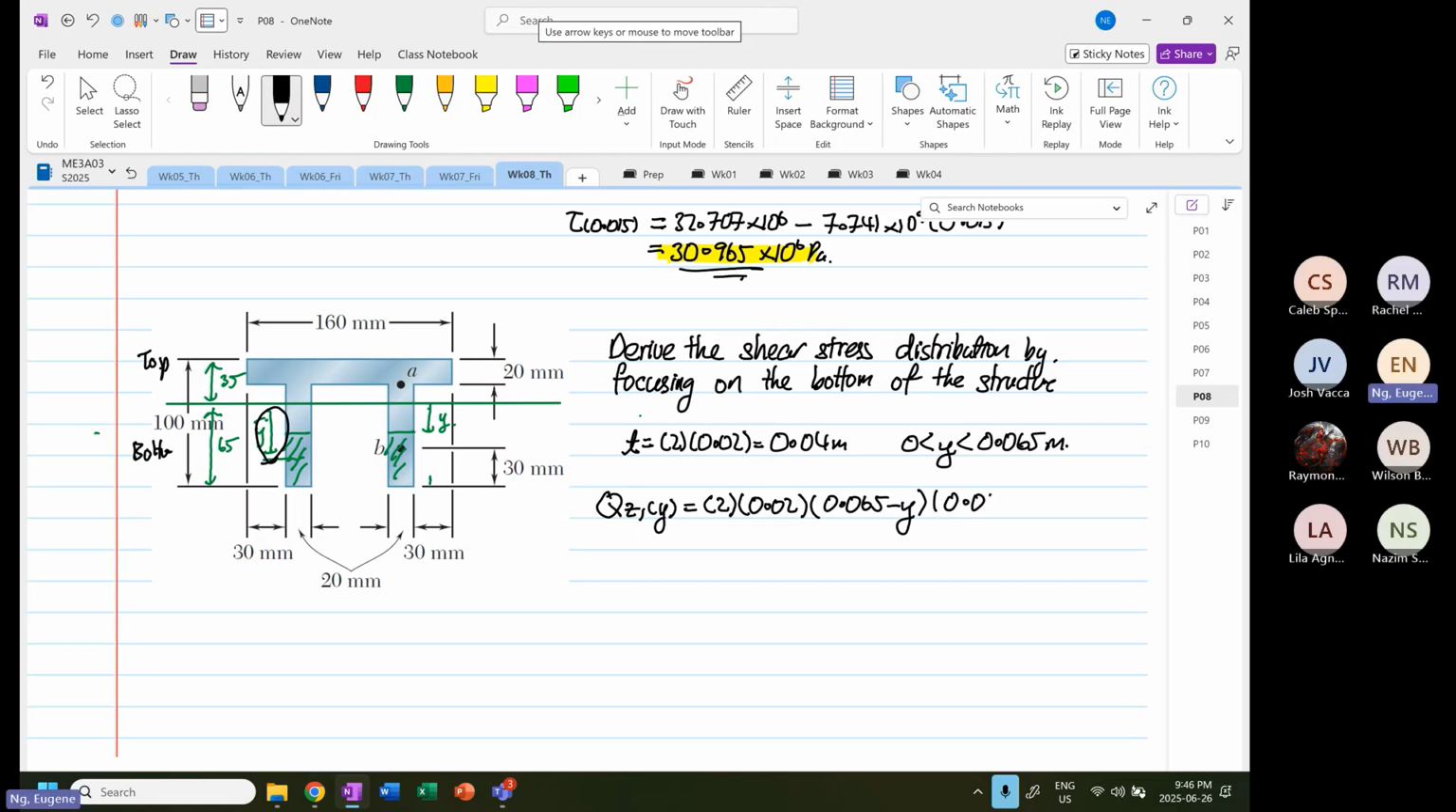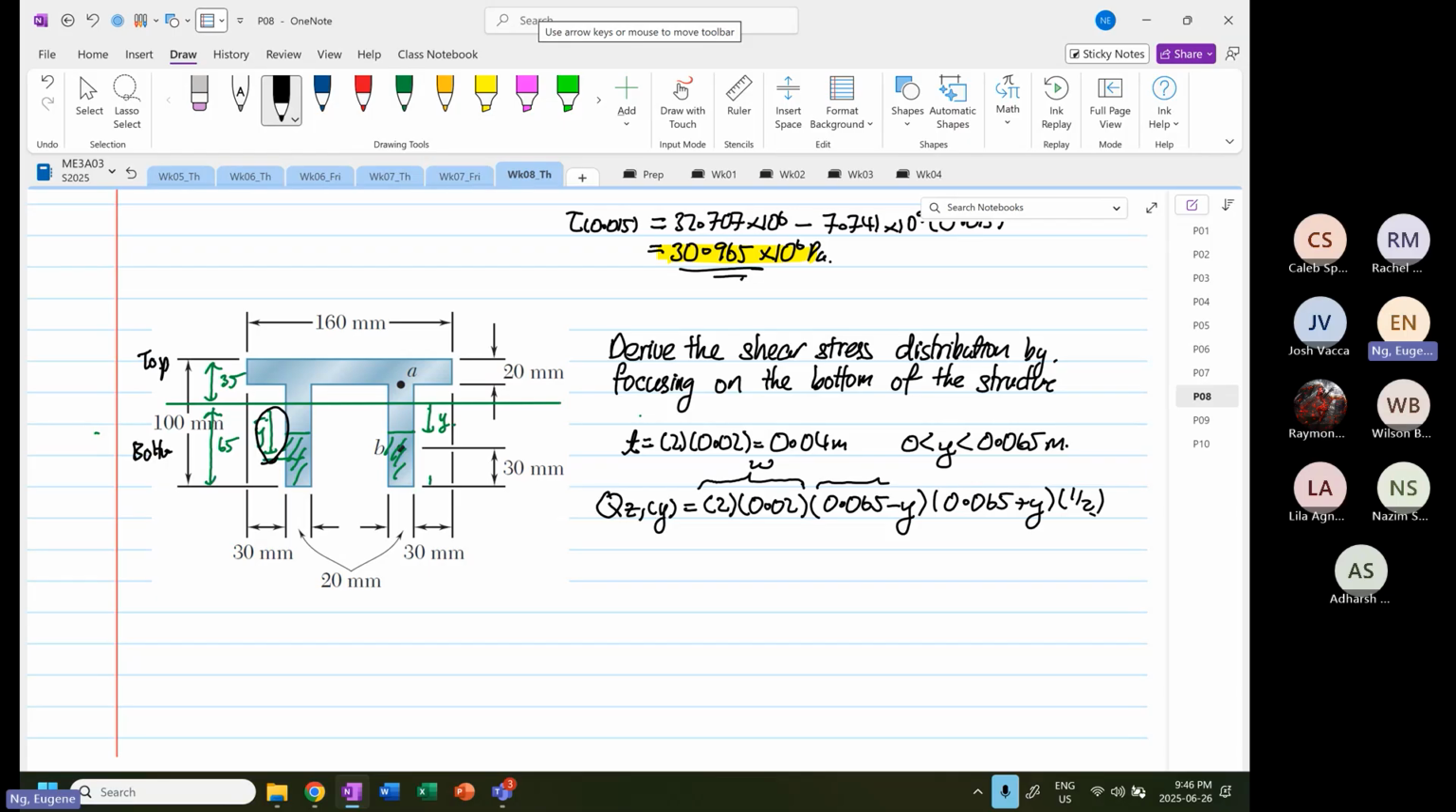And 0.065 plus by y multiplied by half. So over here, this is our width. Over here, this is our depth. And this section over here, this is our y bar. Okay, so this will be equal to 2 times 0.02 times 0.065, times 0.065 twice, times 0.5. So this is equal to 84.5